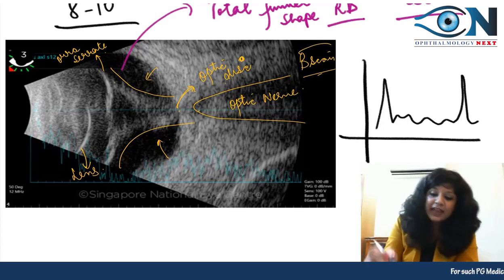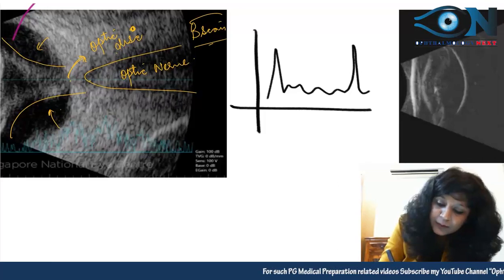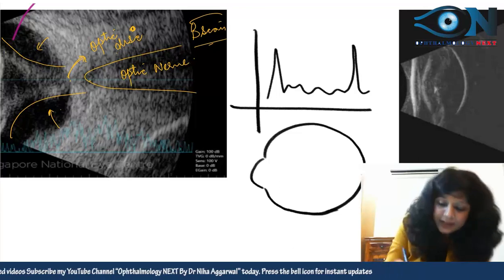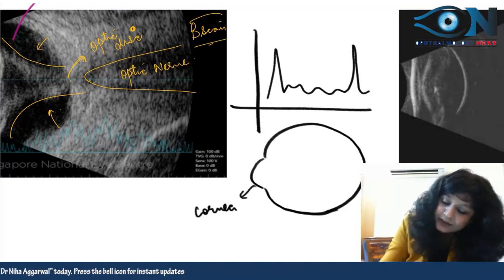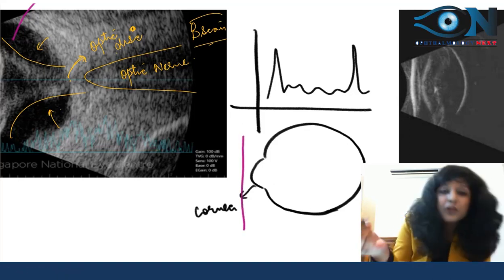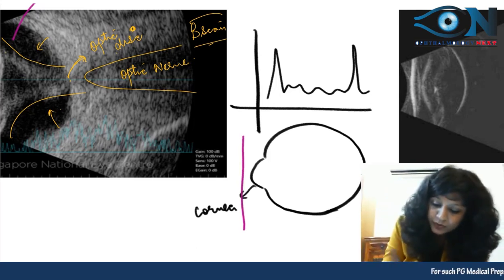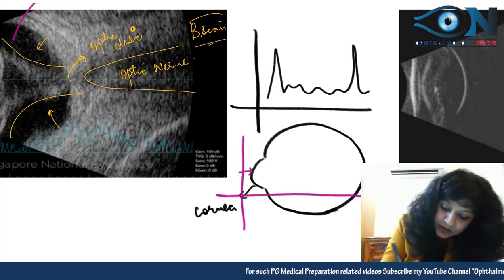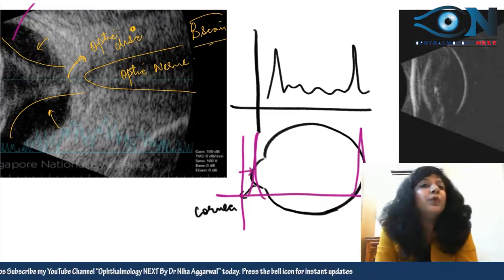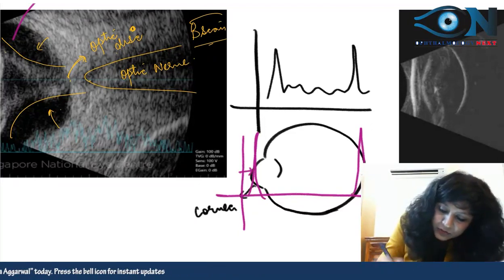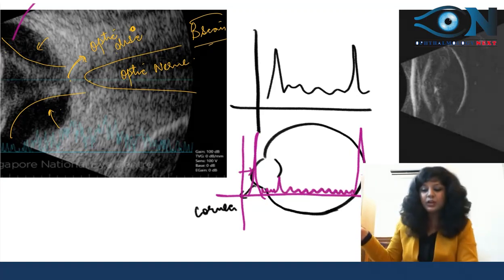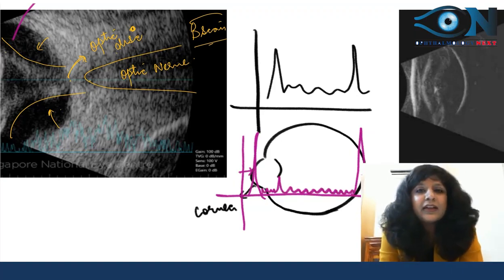Dense membranes, like if you go with the eyeball, suppose this is your eyeball. We know already that the cornea is fibrous and the sclera is also fibrous. So the moment I start with the A-scan, you will not see the eyeball. Just for reference I am showing you. When the waves pass through the cornea, they will give a high echo. When they pass through the sclera, again it will give a high echo. Now here we have the lens. At this place you will get a small one like this, and otherwise we are just getting small ones. So this is a normal A-scan that we are getting.